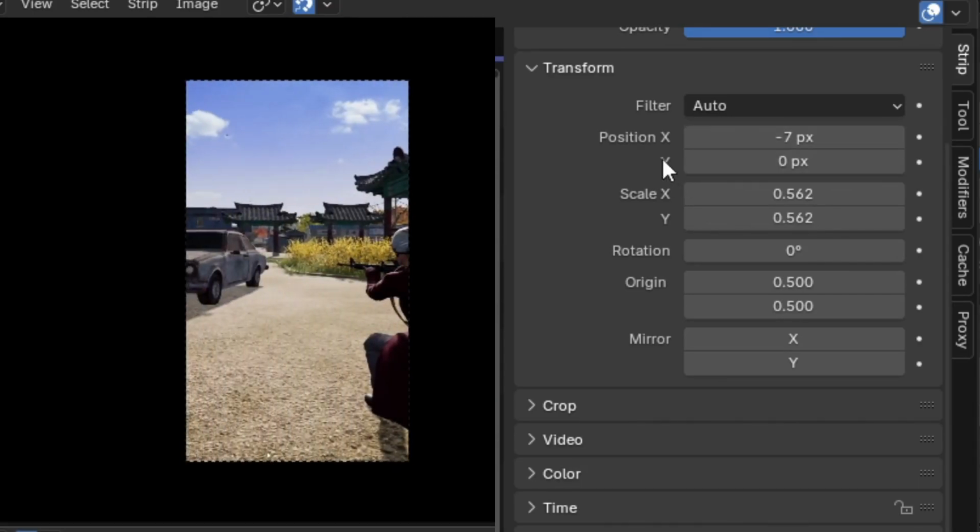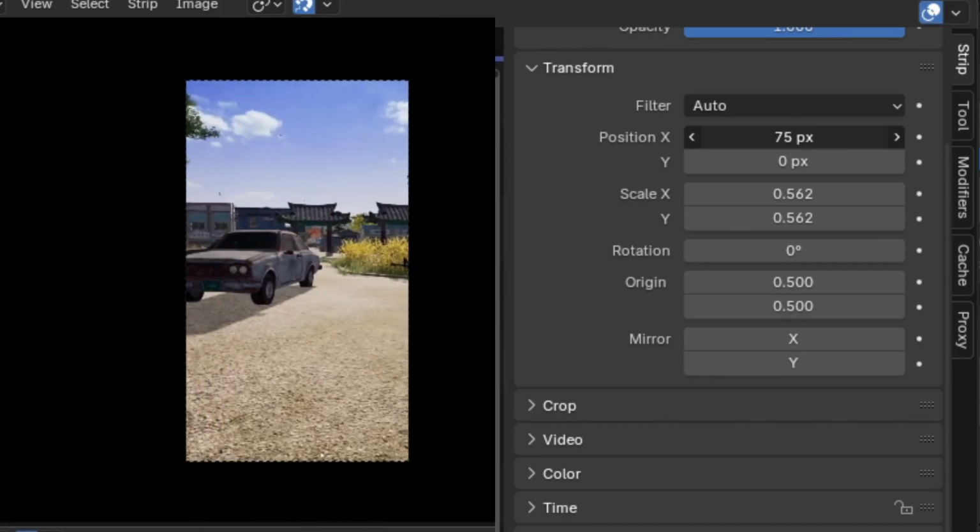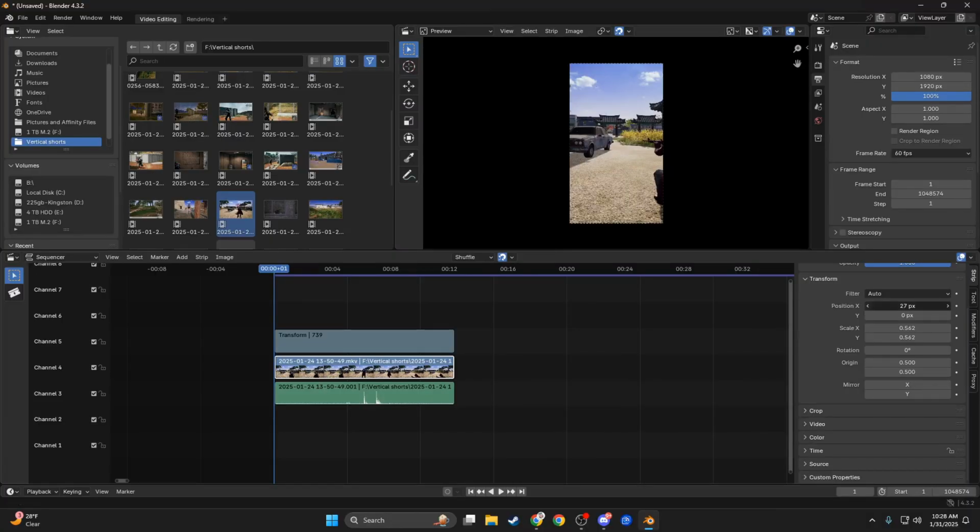What I'm physically doing is clicking here, and then moving my mouse to the right or to the left. Another way you can do it is to say how far and in which direction you want. So if we want this at, say, 25 pixels, we can type 25 and then just hit enter, and it's going to move it 25 pixels